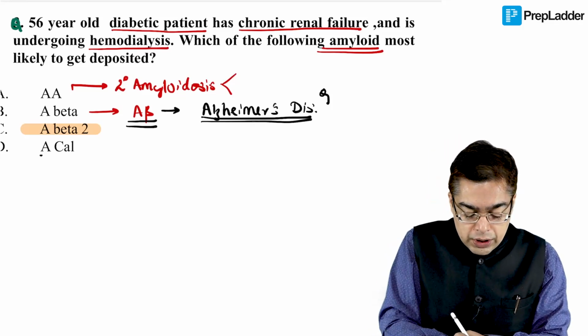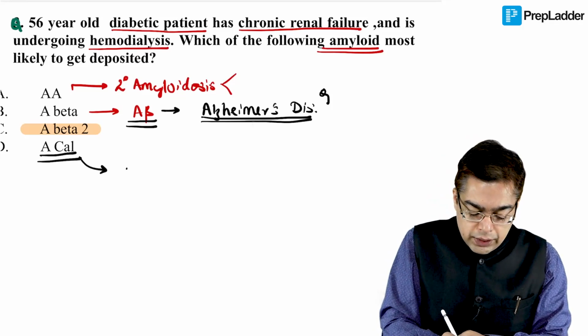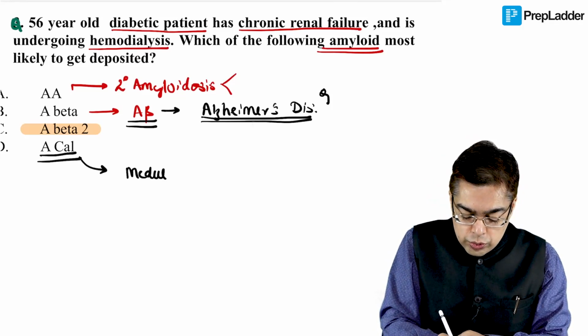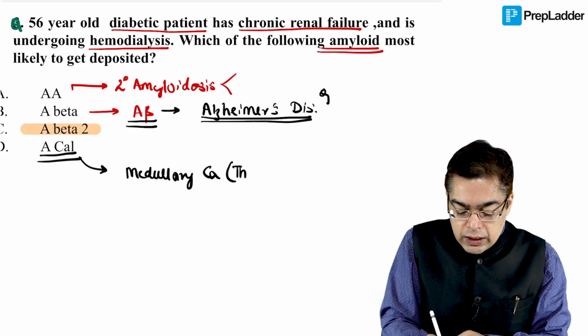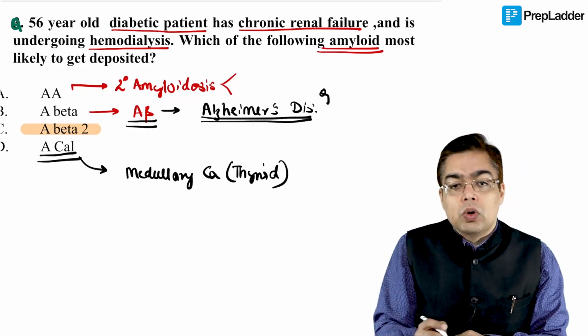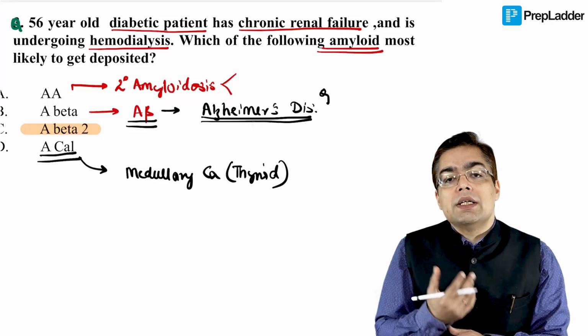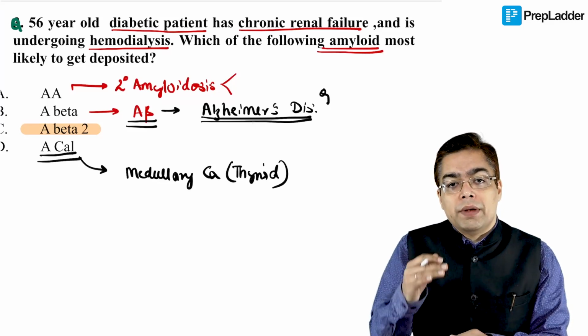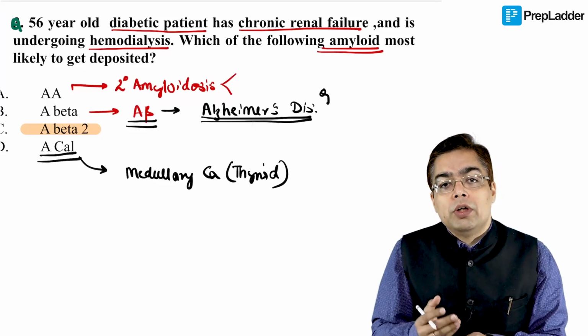We talk about option D over here, which is going to be A cal. Remember cal for calcitonin, and this is something that you associate with a patient suffering from a condition like medullary cancer arising from the thyroid gland. So we can be given a question in the exam wherein they talk about an individual who has a thyroid mass, and then this individual is going to have certain electrolyte disturbance in terms of the involvement of calcium.